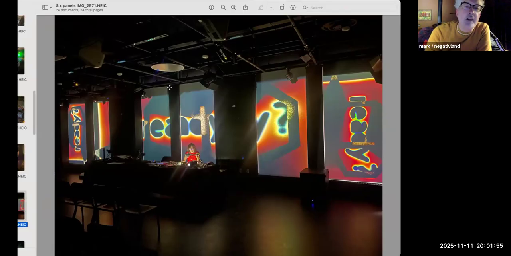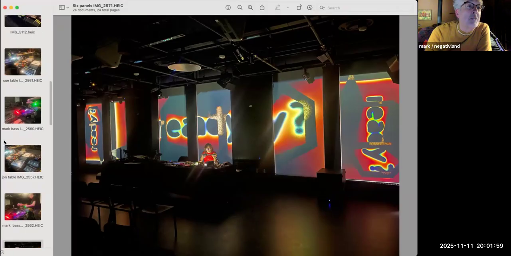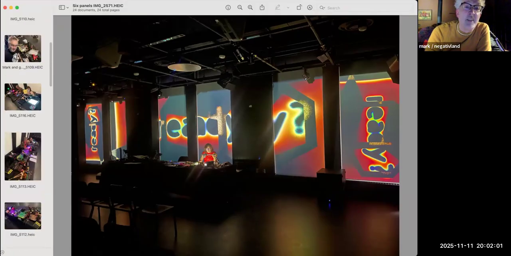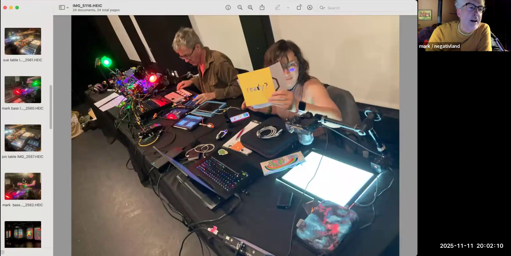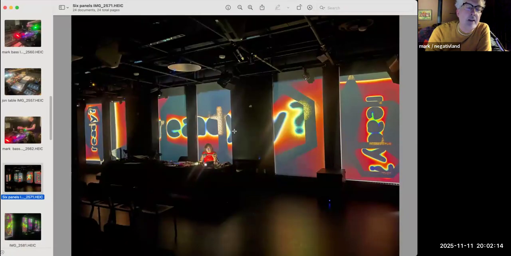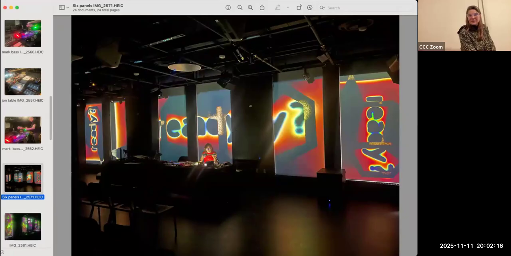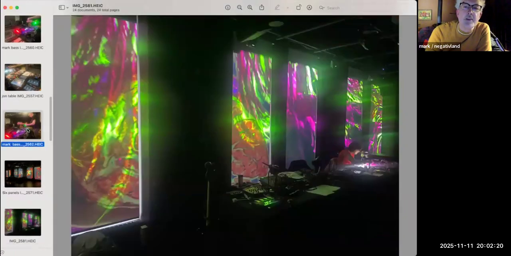And she's got a cutout of the word ready, which you saw her hold on. If you can see it, that's the word ready. She cut it out using a little machine cutting thing she has at home. And then she holds it on the light box. Light comes through, and then she processes it, and it does that. And she moves stuff around. What else? There's some of the screens.